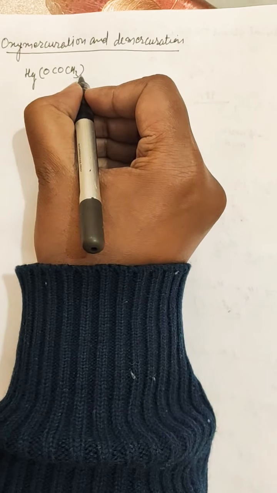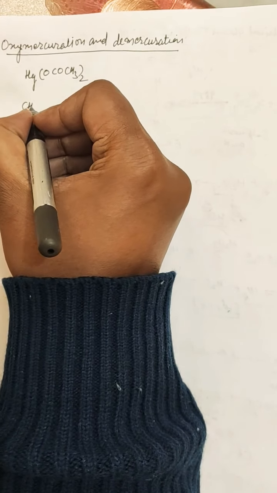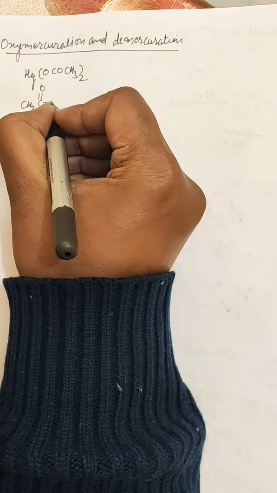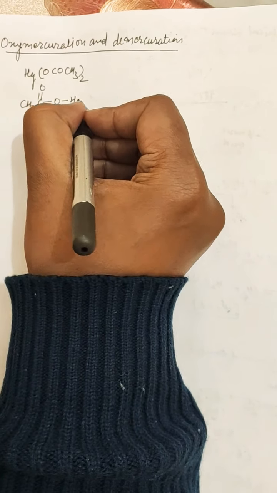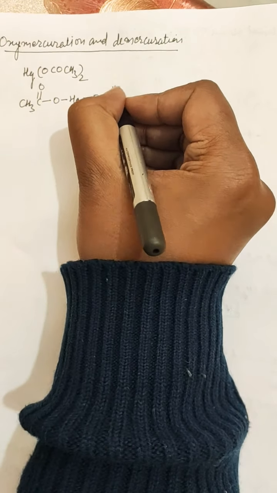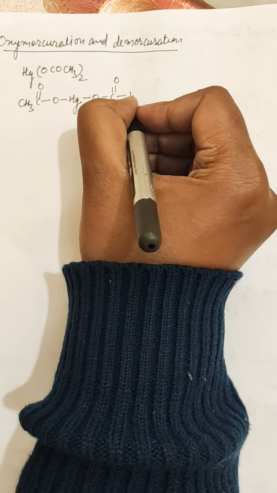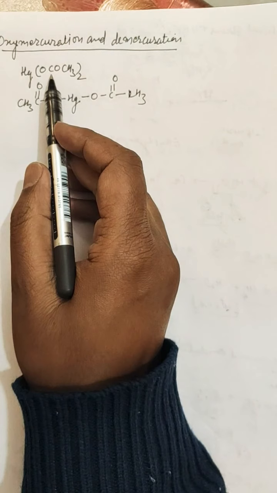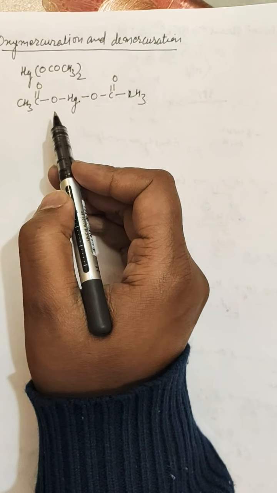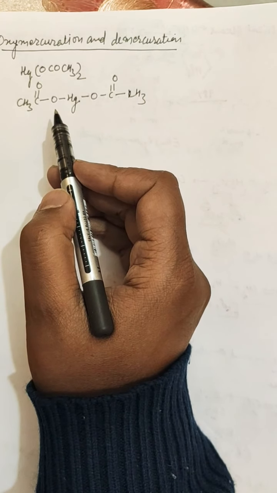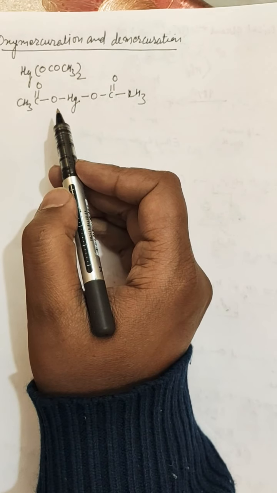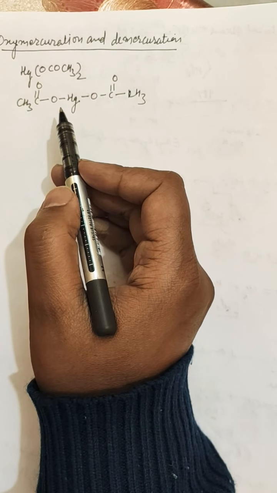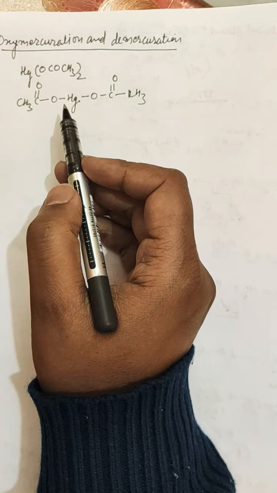COCH3. So basically it is CH3 C double bond O mercury, further O C double bond O CH3. So it is mercuric acetate. Its formula is this mercuric acetate. So it involves the reaction of alkene with mercuric acetate in the presence of water and tetrahydrofuran as solvent, followed